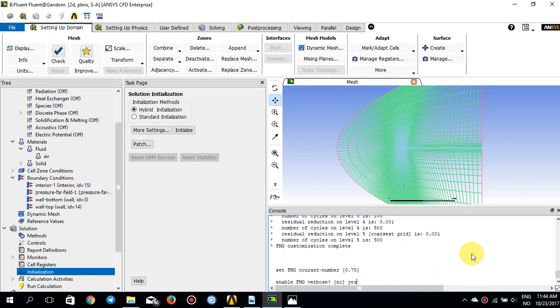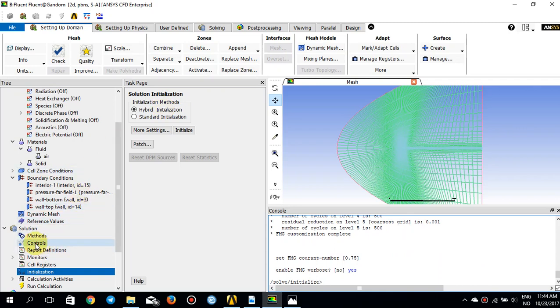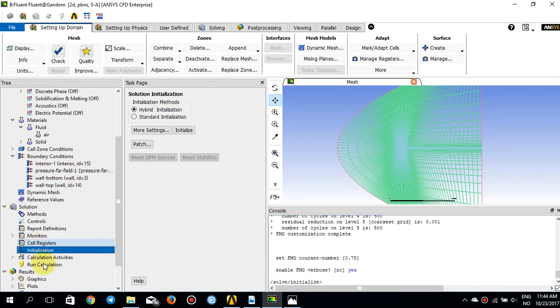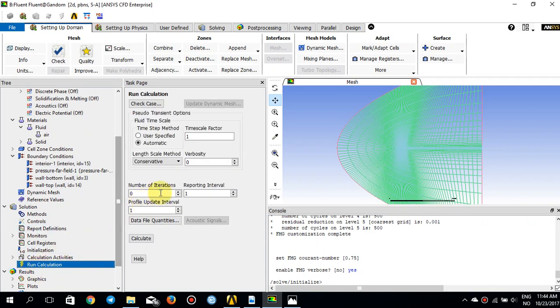So all the definitions and how this FMG works, actually you need to go to the help. This is not very difficult, but this is something that you need to study and read yourself to understand. I press yes. So the solution is now initialized. So if I go to run calculation, let's run it for like 50 iterations for now,